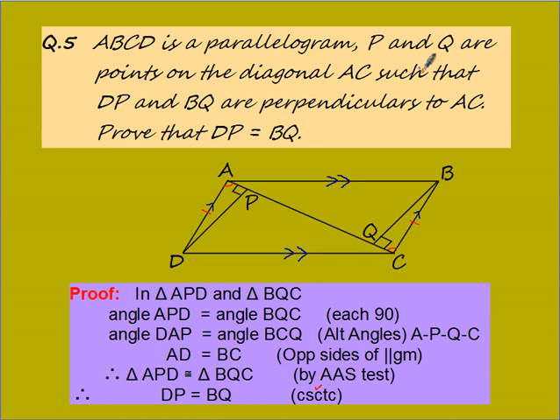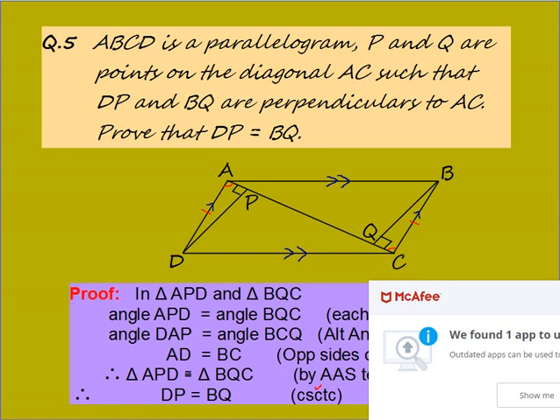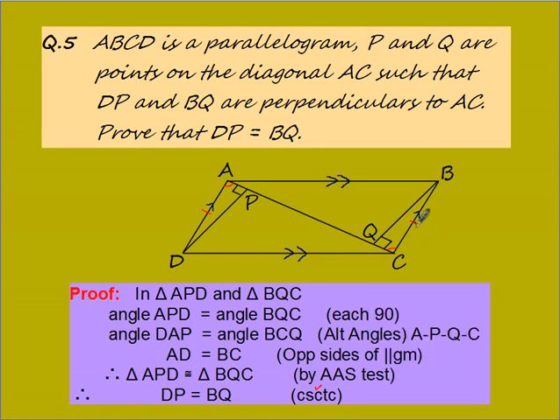So now see here, P and Q are points on diagonal AC, such that DP is perpendicular and BQ is also perpendicular to AC. They both are perpendicular, meaning 90 degrees, it is given as 90 degrees. Now if you see, I have solved it. This is my alternate angle DAC and ACB, but I can write the same angle with a different name. So I can write BAP and BCQ. So I got this angle equal, and this is from my given part, opposite sides of parallelogram. If you see here, the question is quite easy.